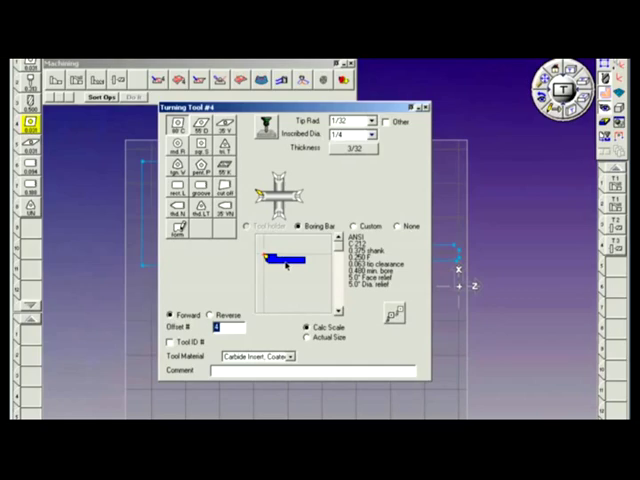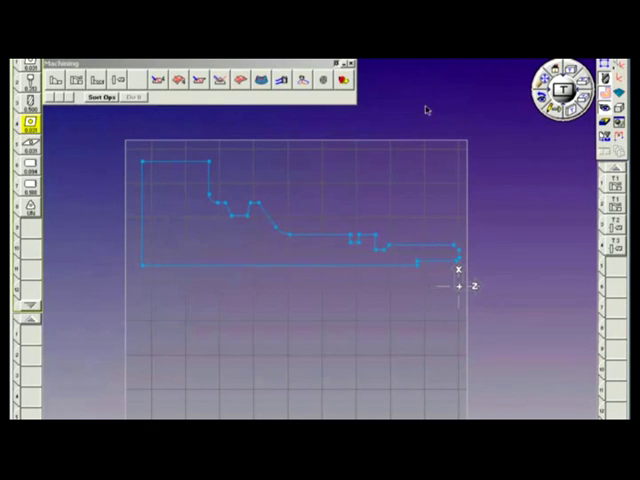But look at my tool. Looks a little funny. Go to the viewport and you'll see different styles of boring bars. We'll go with the second style here, which will fit in that hole nicely. Let's go ahead and close this dialog window. And we're going to do this as a roughing operation. Bring down tool number 4,